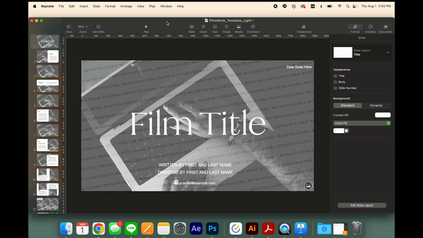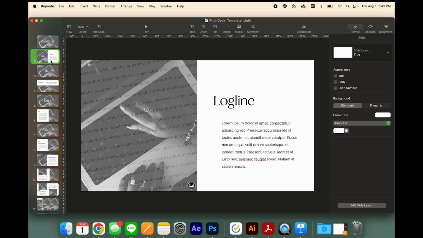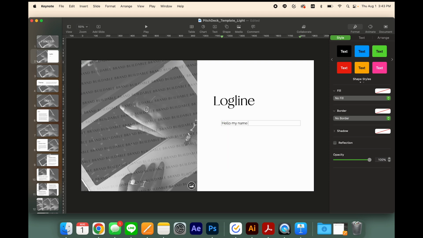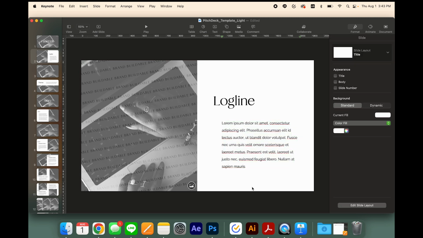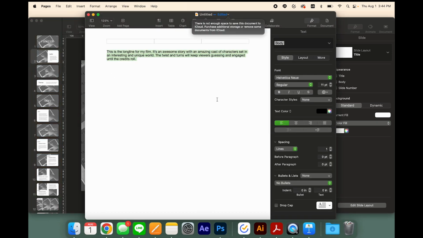So the very first thing we're going to do here is now talk about how to edit the text boxes. So anywhere in the deck where you see copy and words, if you click it, it should highlight it in this blue box. That lets you know it's a text box ready for you to edit. The easiest way to do that is you can either double click, highlight everything there for you to begin typing, or if you already have for example, the log line in a document and you want to copy it over, you would just highlight copy,